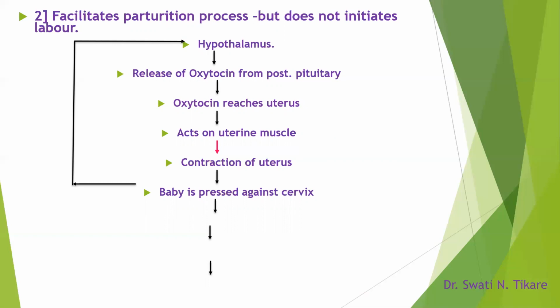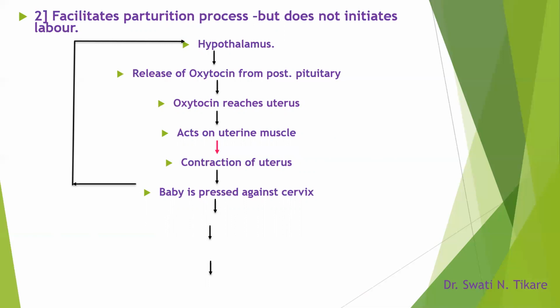What we learned once in the general endocrinology class is that this is an example of a positive feedback mechanism. The suckling of the baby, the previous one, was also an example of positive feedback, where the cycle becomes a vicious cycle. More and more is happening for the same stimulus. It does not start with more and become less. Not like that. Here the baby is pressing against the cervix.